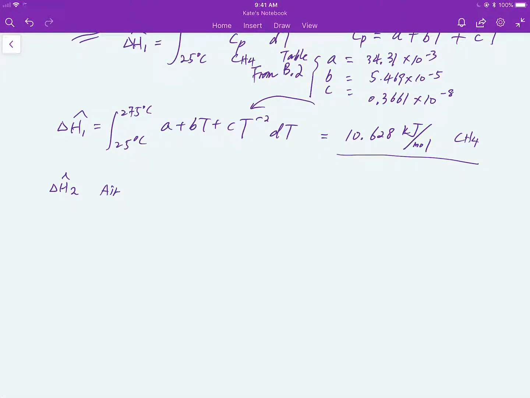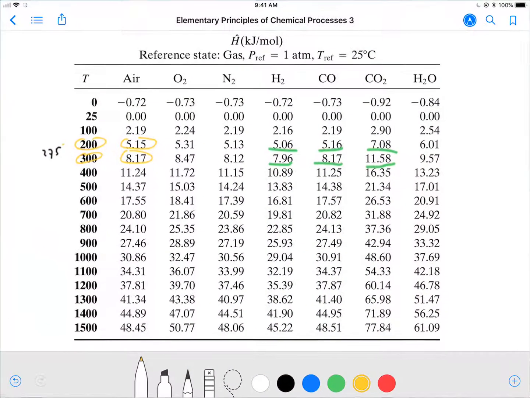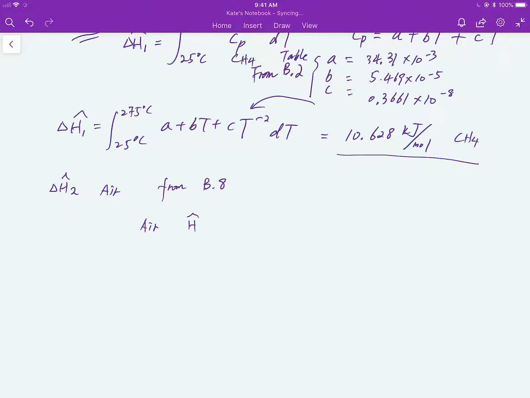The way to do interpolation, I also have a separate video to explain that, but I will show you because I need to do the calculation anyway. So from table B8, we have L and delta specific enthalpy, right? Yep, 5.15 and 8.17, at 200 degrees and 300 degrees. Why? Because the specific enthalpy follows a linear curve,